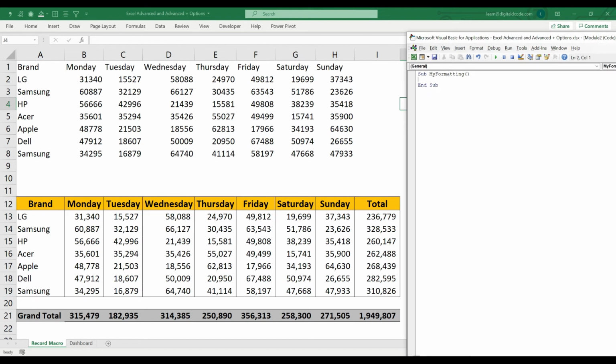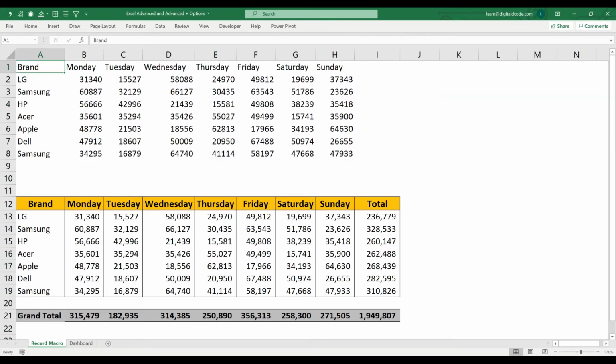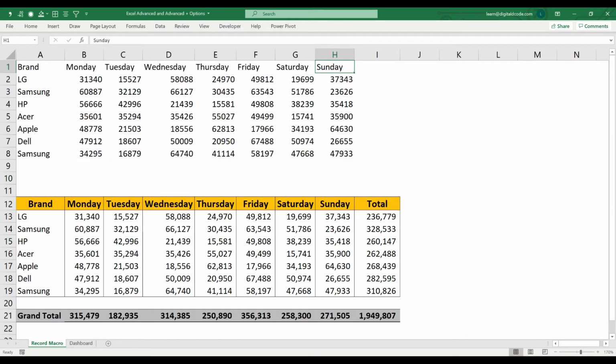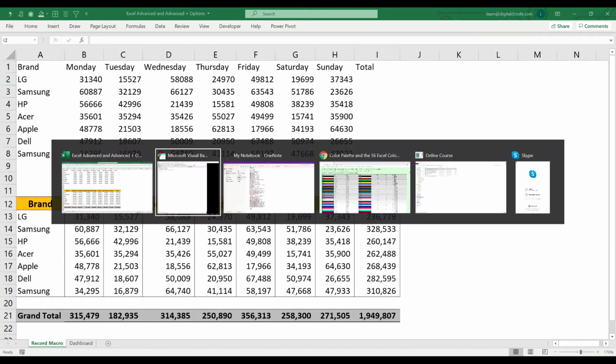Okay, so now first let me start with range A1. So let me do both the actions simultaneously. Range A1, from there I'm going to navigate to column H. To do that, ActiveCell.End(xlToRight). It will move the cell to the end, and I want to move one more cell to the right to update the total.